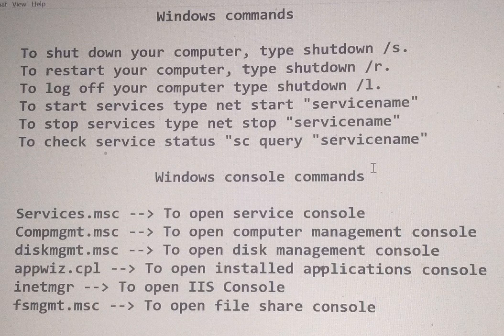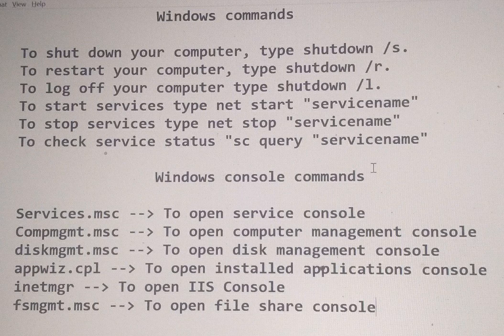So from there we can easily manage, like if you want to restart the service, or if you want to check the disk status, how many disks are assigned, and you want to check any other from the Windows logs, or what are the local users, or what are the local groups are created. So all the information will be available under the computer management console.